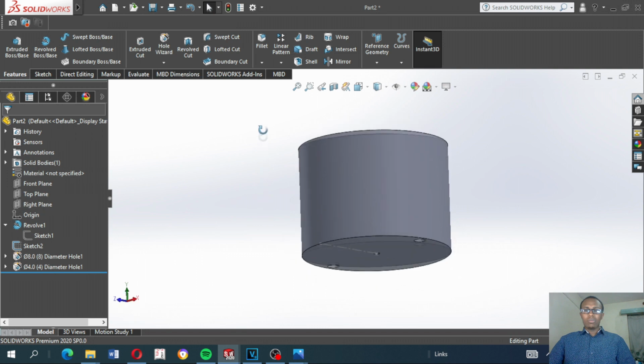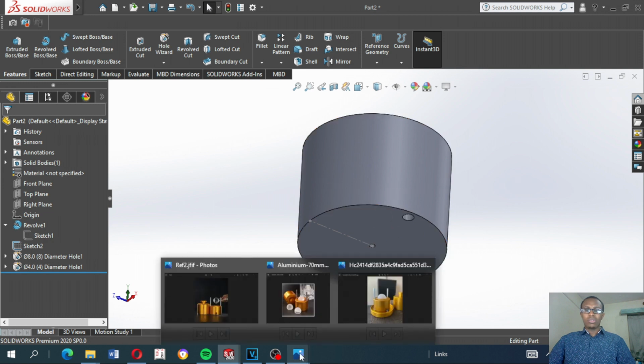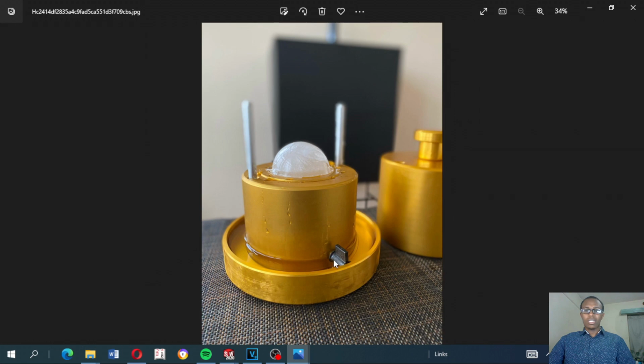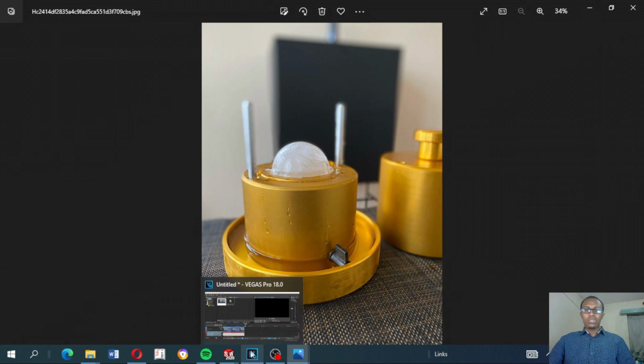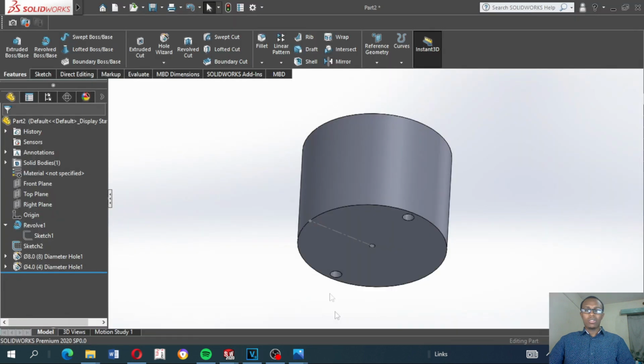Now, we do not want the water from the center to drain out of the bottom. We want it to actually drain from the side, as you can see over here. So how do we make it drain from the side? We'll need to drill a hole on the side of the model. So come and choose our model again,